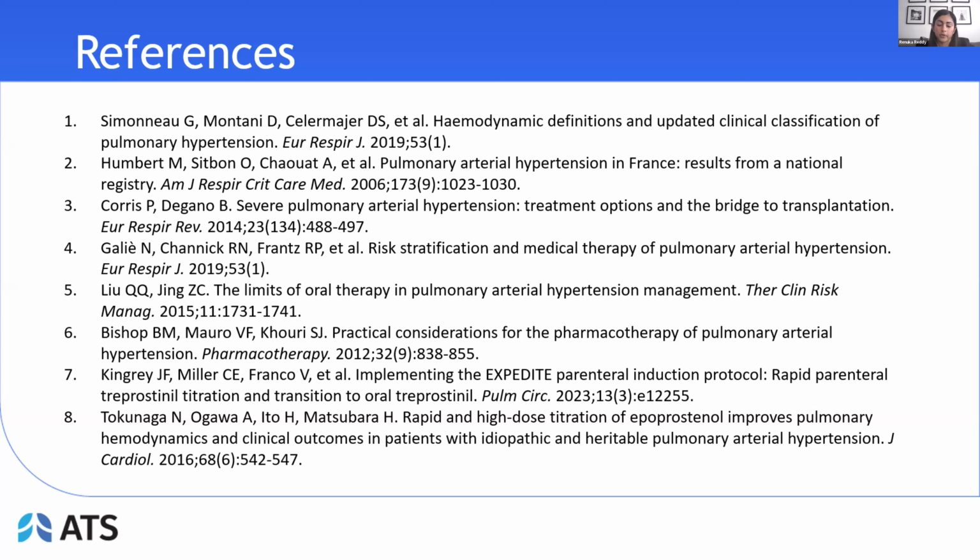In terms of that, the main side effects that we saw were while we were slowly up titrating the IV prostacyclin therapy. The main ones we saw were headaches, nausea, flushing, and diarrhea. The ways that we combated these side effects were just slowing down the up titration if the patients weren't able to tolerate this. Additionally, we did pause the up titration at times just so the patients could better acclimate to this. And then we also just did the usual conservative management using Tylenol, Compazine, Puracet, cooling pads, loperamide, all of this stuff to help them better tolerate the therapy.